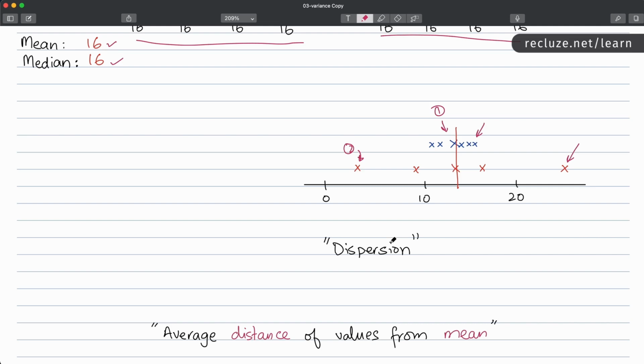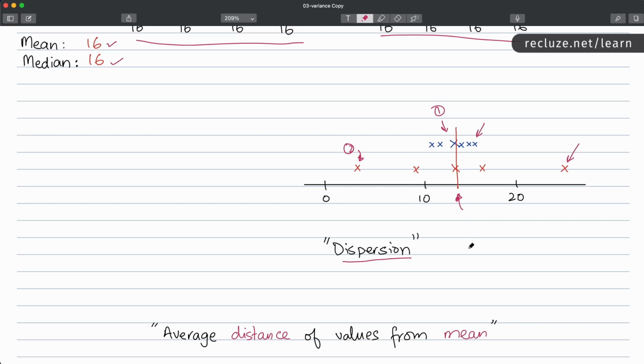What we want to do in this video is somehow quantify this intuition that the things which are wide on a number line have a larger spread, and those which are closer together have a lower spread or a lower dispersion. So this is called the concept of dispersion. How far away is your data from your mean? So this red line over here is the mean,